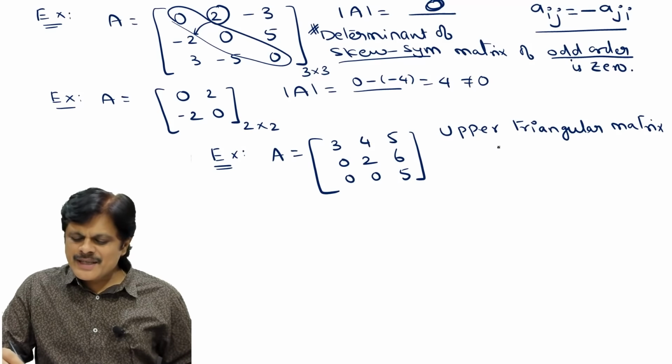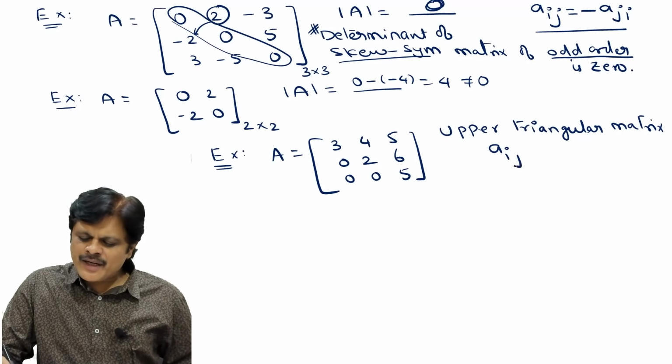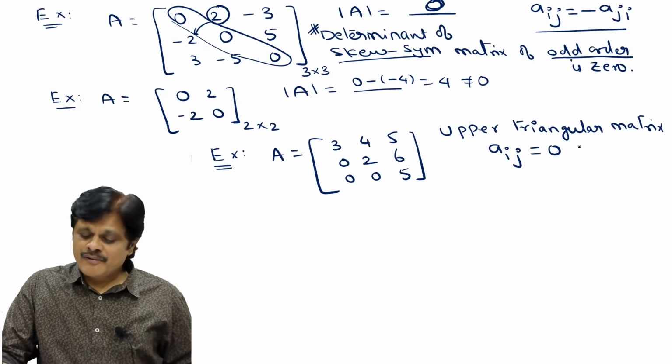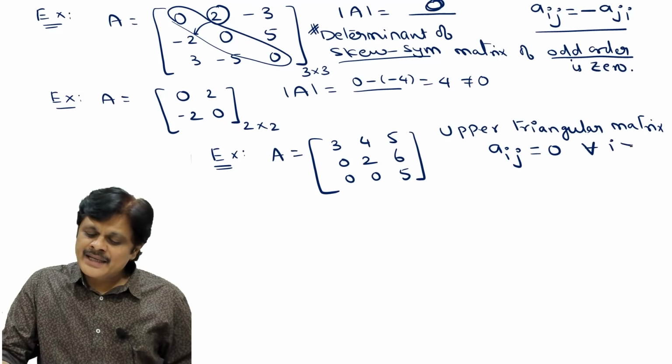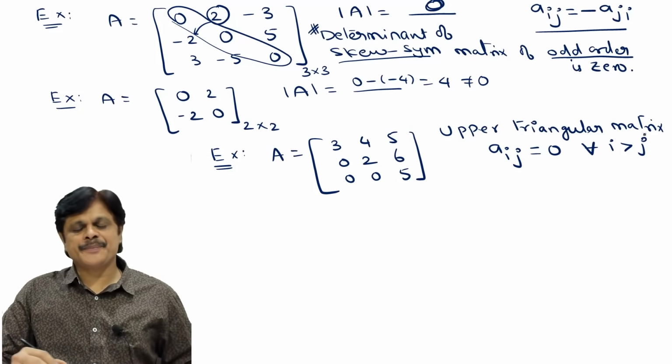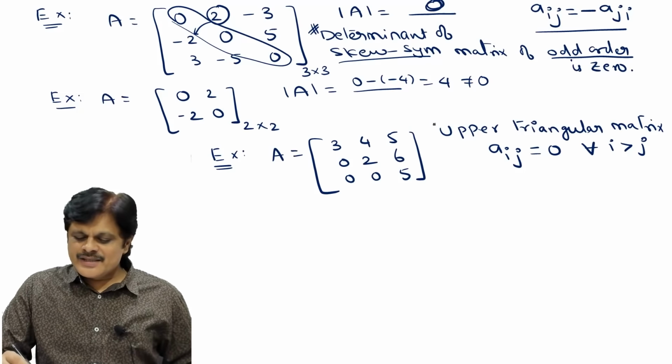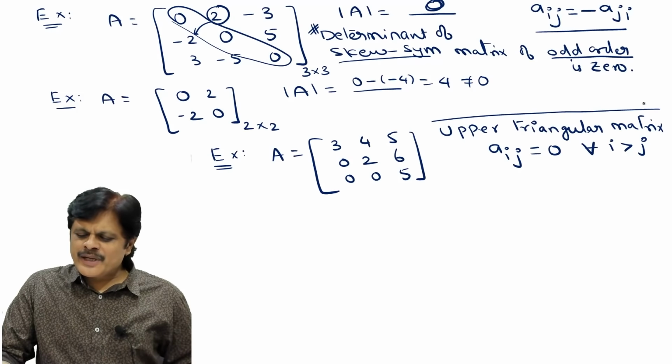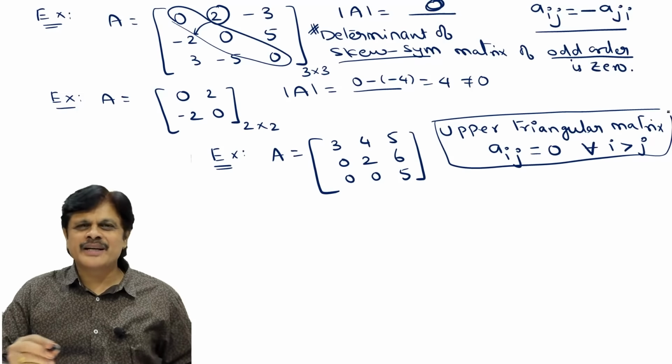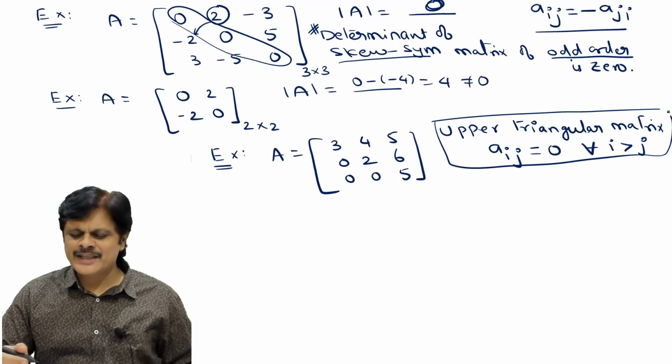See, what is an upper triangular matrix? The condition for an upper triangular matrix is Aij is 0 for all i greater than j. Okay, the basic properties we can always review like this. Again, you don't have to separately learn the definitions. Within the examples we can learn the definitions.